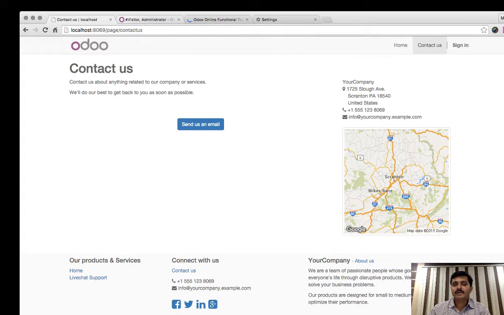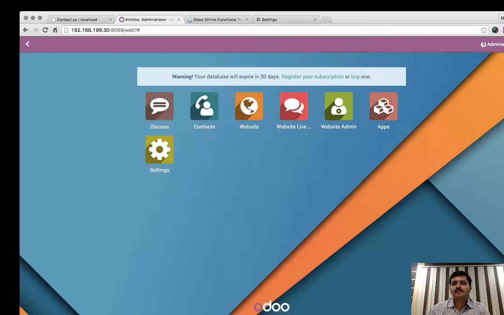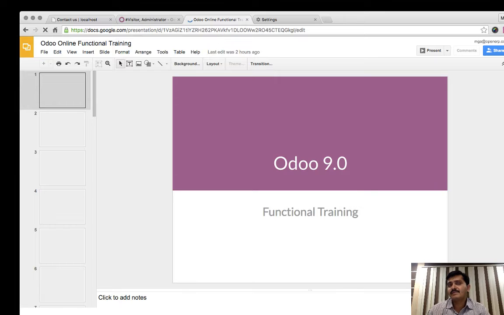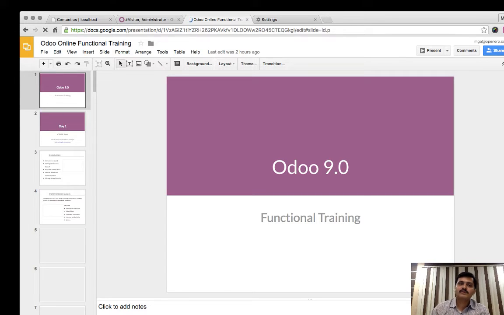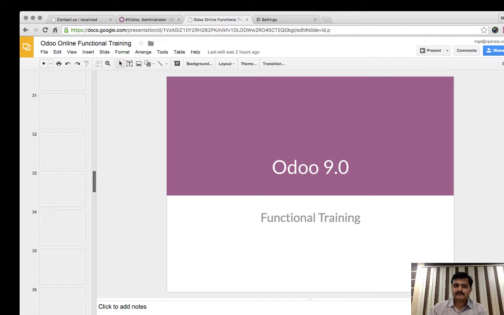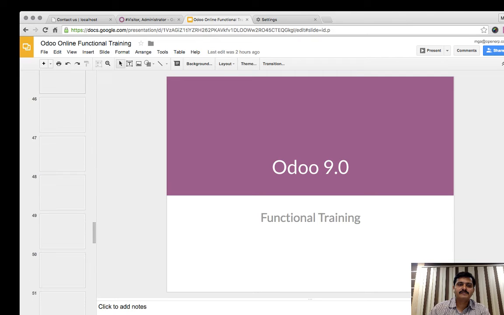So our next topic in the marketing session: how we can use other apps to do the marketing activity, like if we are organizing an event, or let's say we have a lot of content that we would like to publish on our website. Then how we can organize a real-time question and answer session on the website, like a forum. So let's say the next topic is